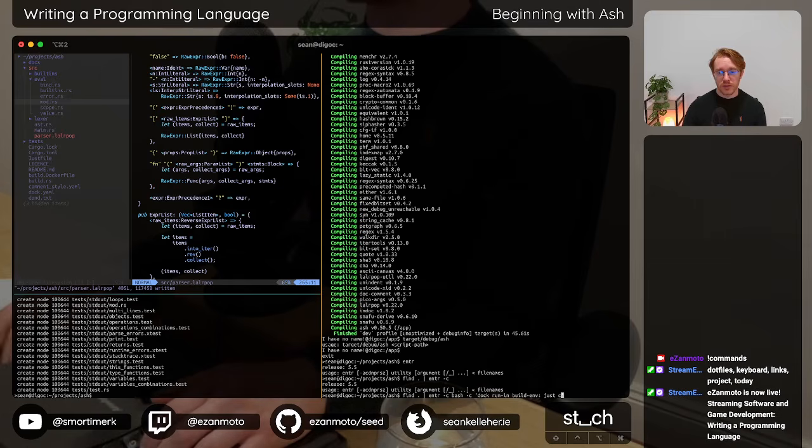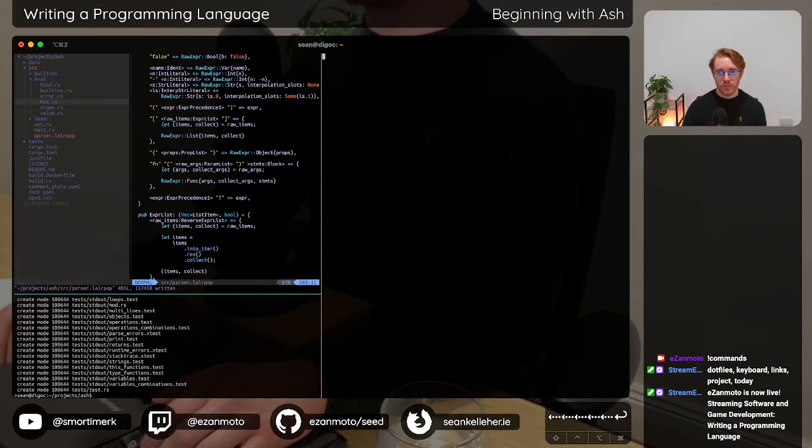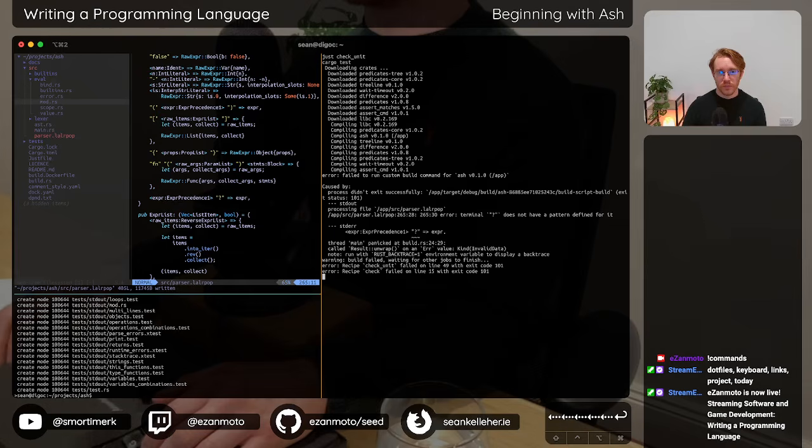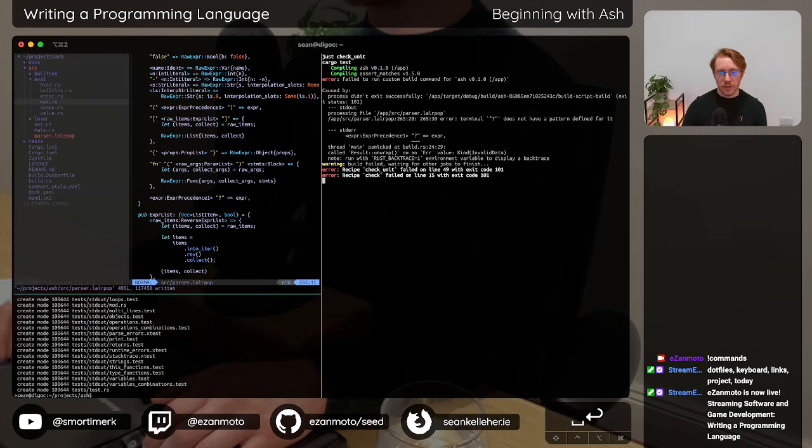I think just check. And I think the reason that doesn't have color is because Docker isn't allocating a pseudo terminal, so we'll add that with -t onto doc. So yeah, that seems to work for us at the moment at least.